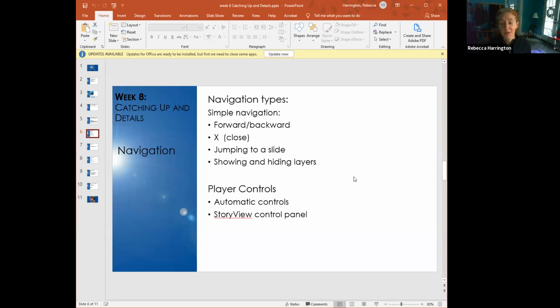And then showing and hiding layers. Layers are those little pieces that go above a slide and build up, but the way we navigate through that, I think of it as a bridge, a little arch that we go up and over to get to the next slide, as opposed to the direct route. So we have to do triggers that show and hide layers, and to a student, it all looks the same. On the back end, you're revealing new content in a specific order.